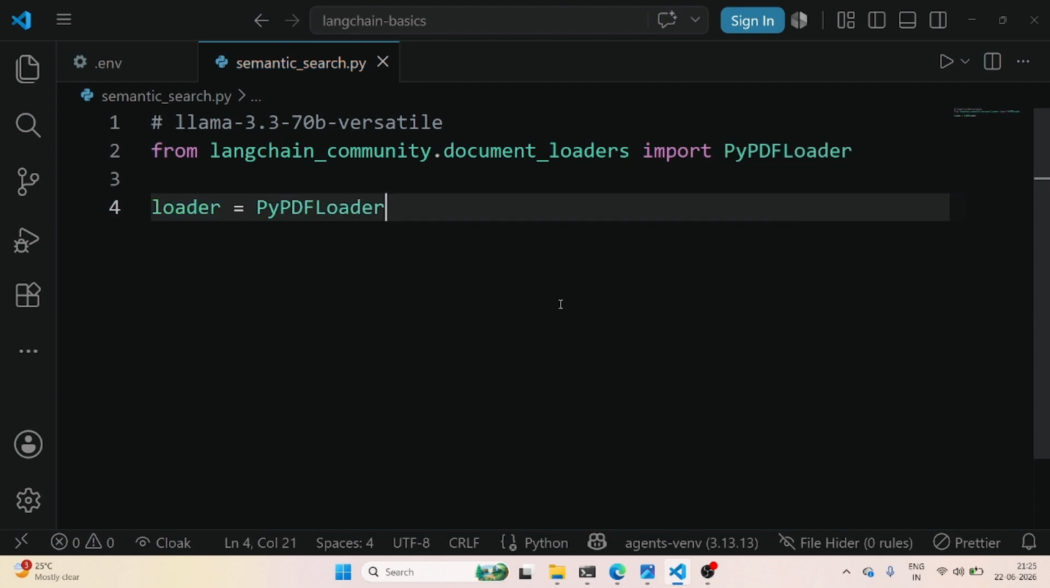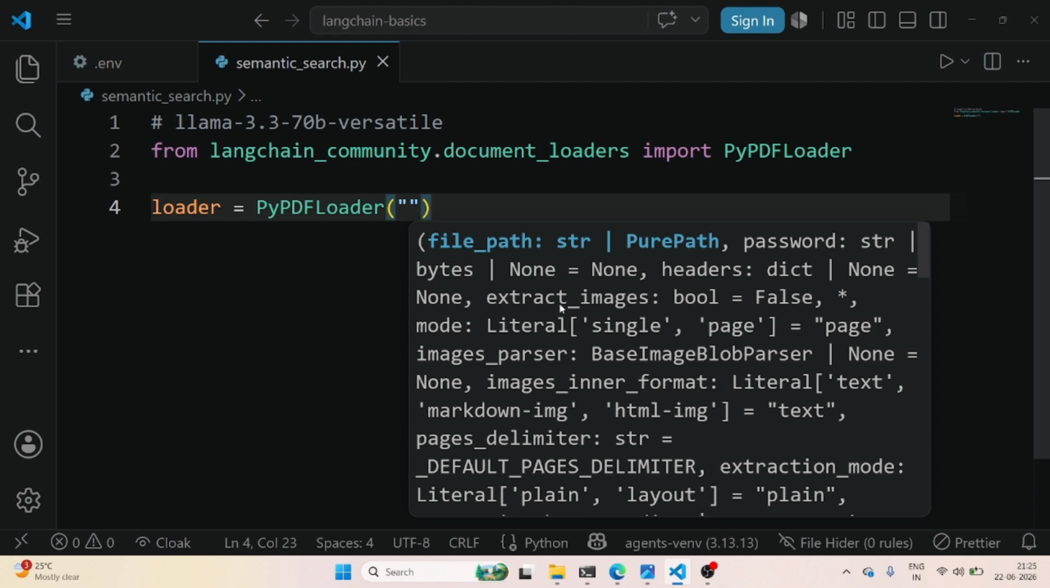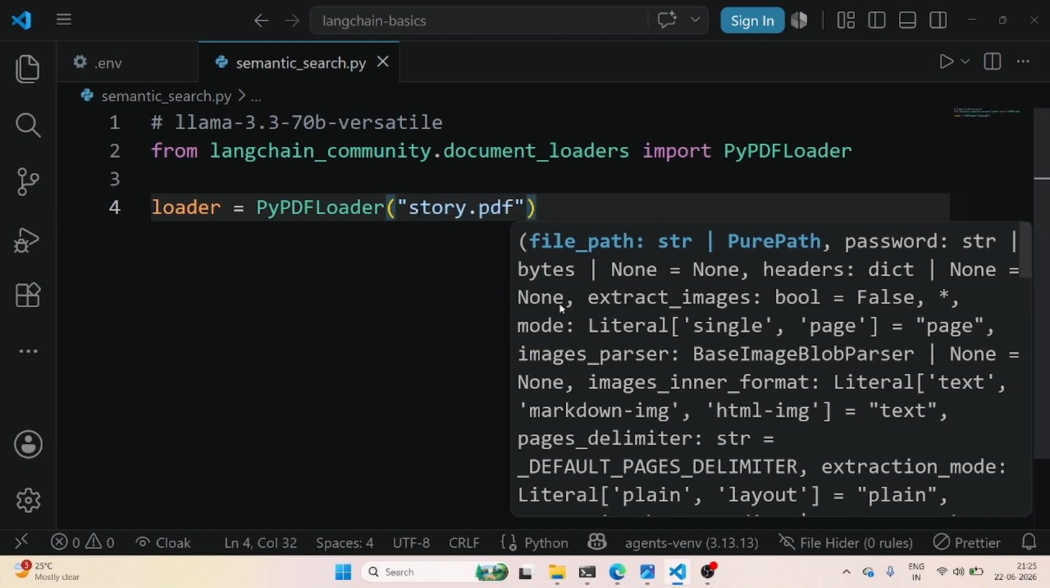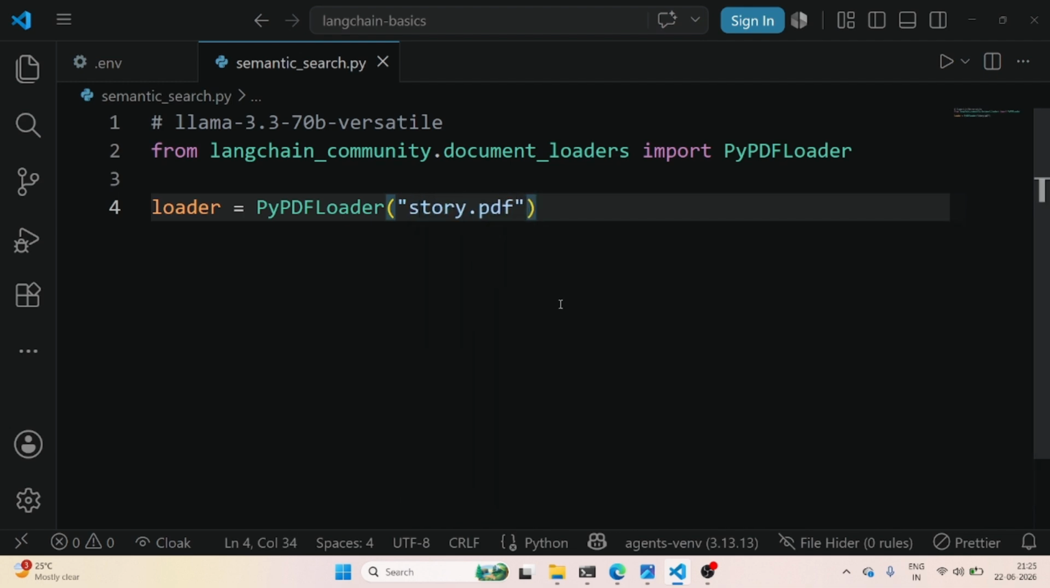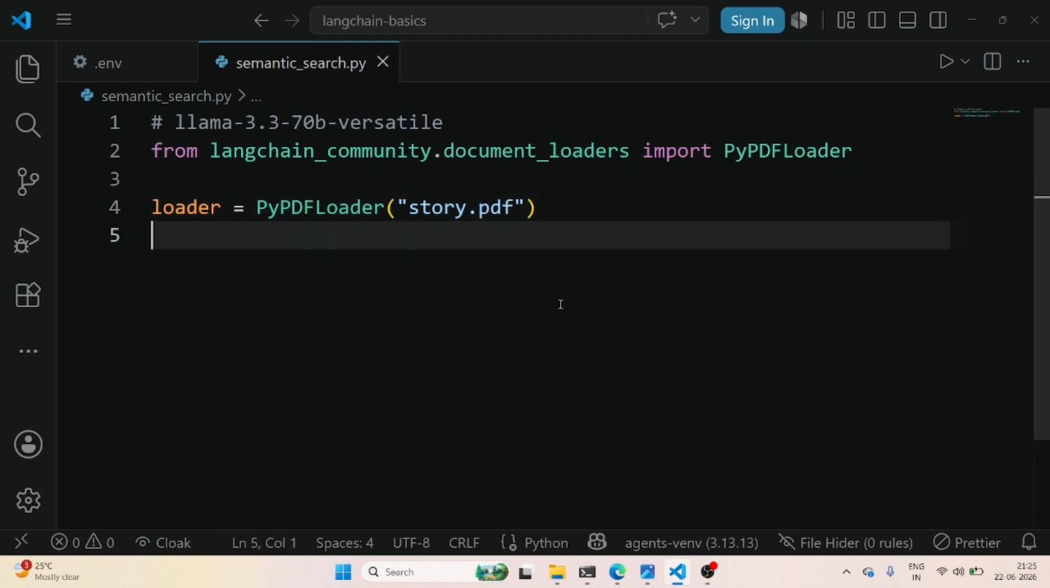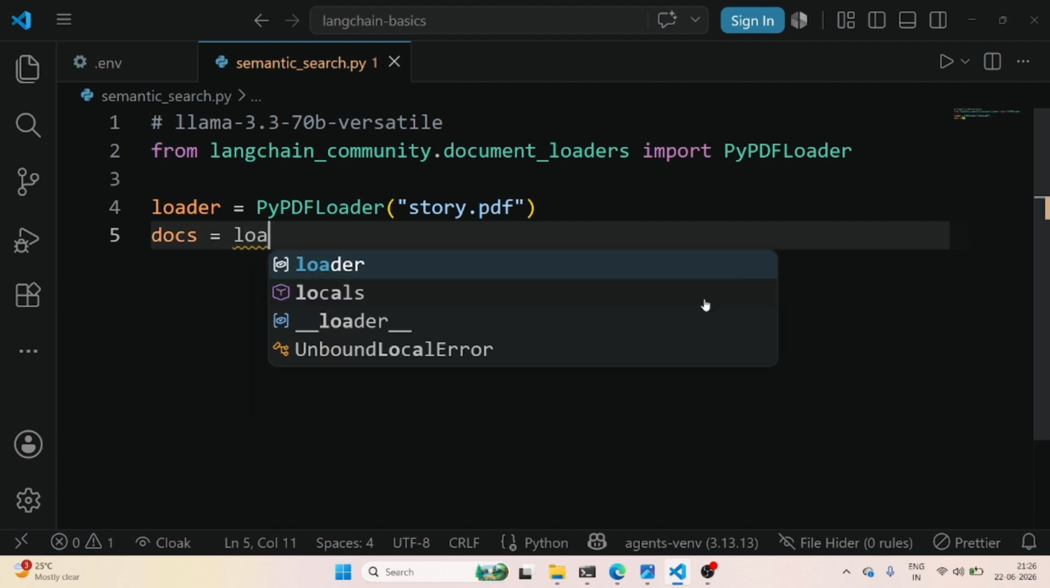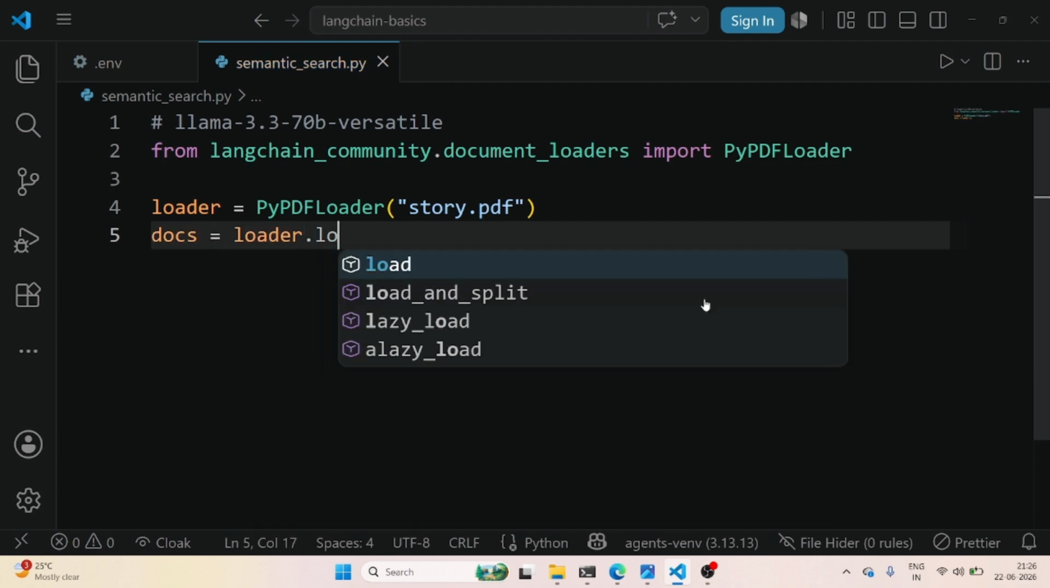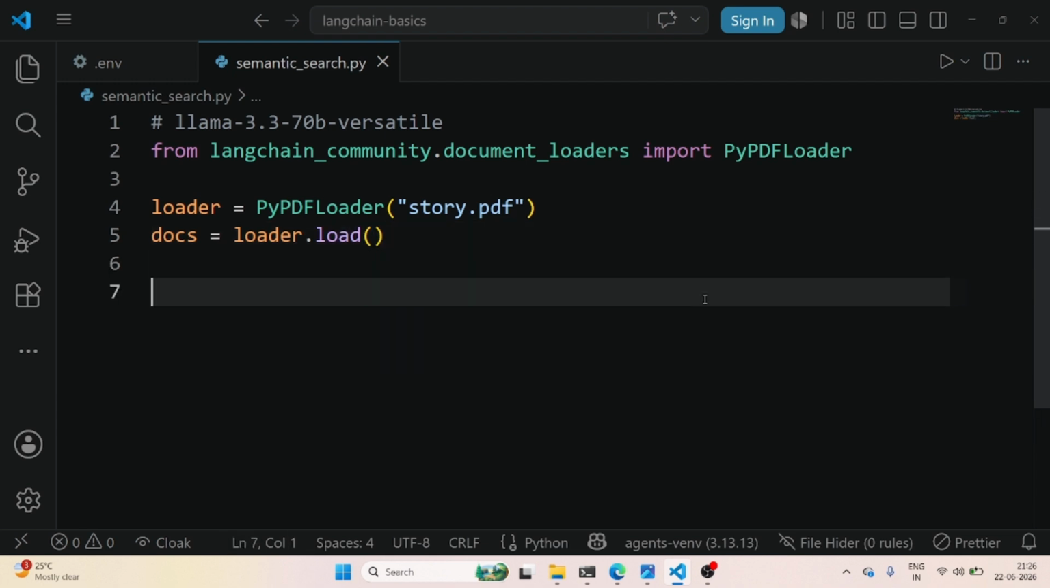I have a PDF file named story.pdf. I can share this with you so you can also experiment with this. And once I have loaded it in this variable loader, I will make a variable docs and then I will call this loader, and from this the method load. So PyPDFLoader will load the PDF and convert each page into a LangChain document,